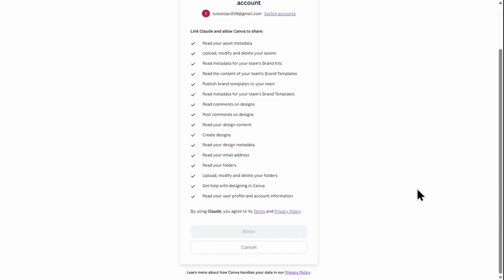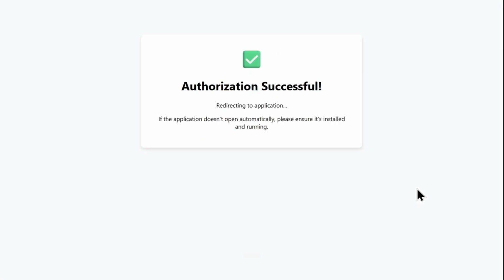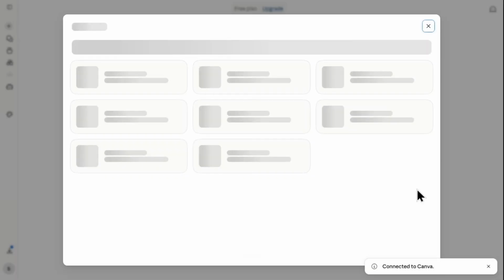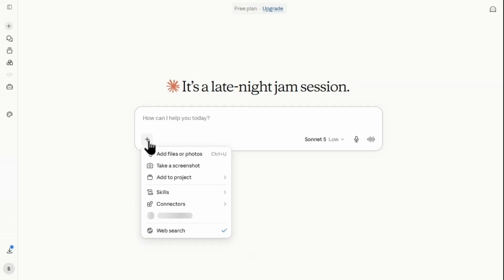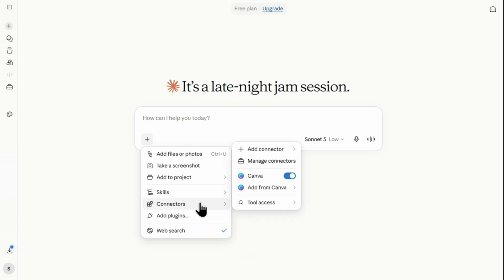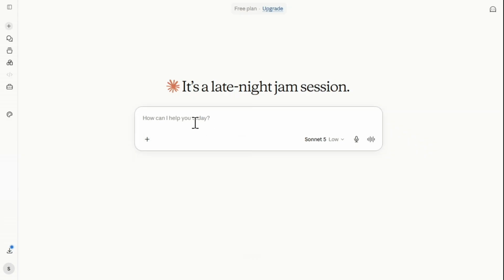Once authorization is successful, I return to Claude, where Canva now shows as connected, and I close out of the directory. To start using the integration, I click the plus icon again to verify that Canva is active. In the chat box, I type at Canva, followed by my prompt, asking it to create a logo for a